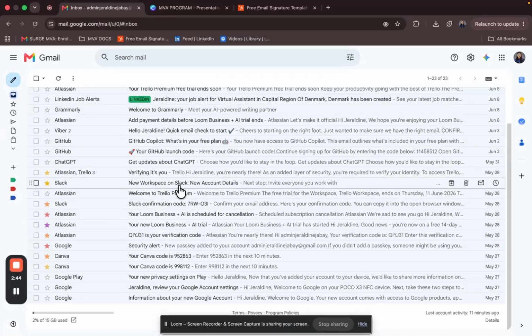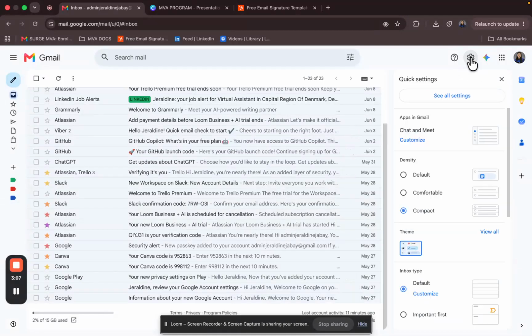So first we will talk about how we are going to use the stars, and why we are going to use stars, by the way. First and foremost, guys, we need to set up the stars in the settings. Okay, so we will go to the settings here. As you can see, there is settings. Just hit on it and click on see all settings